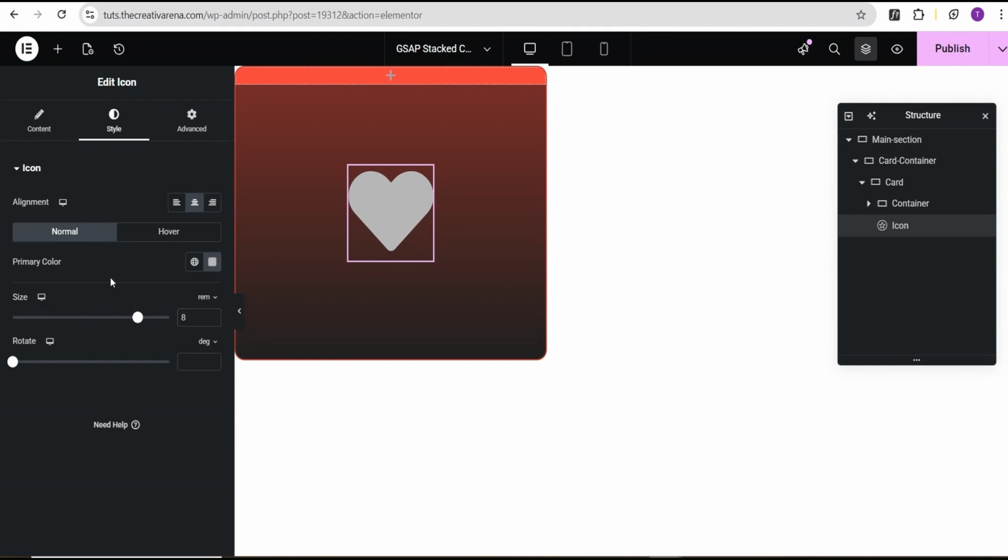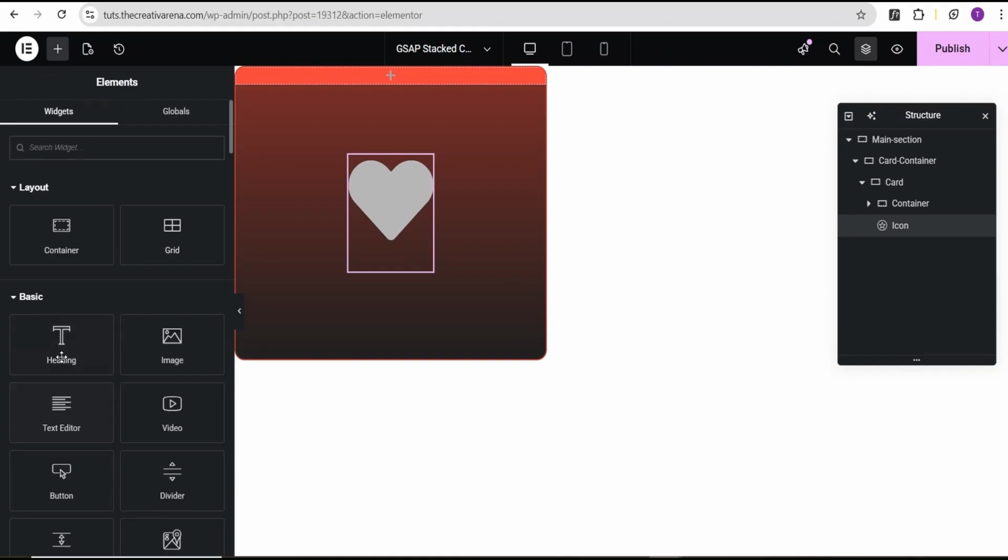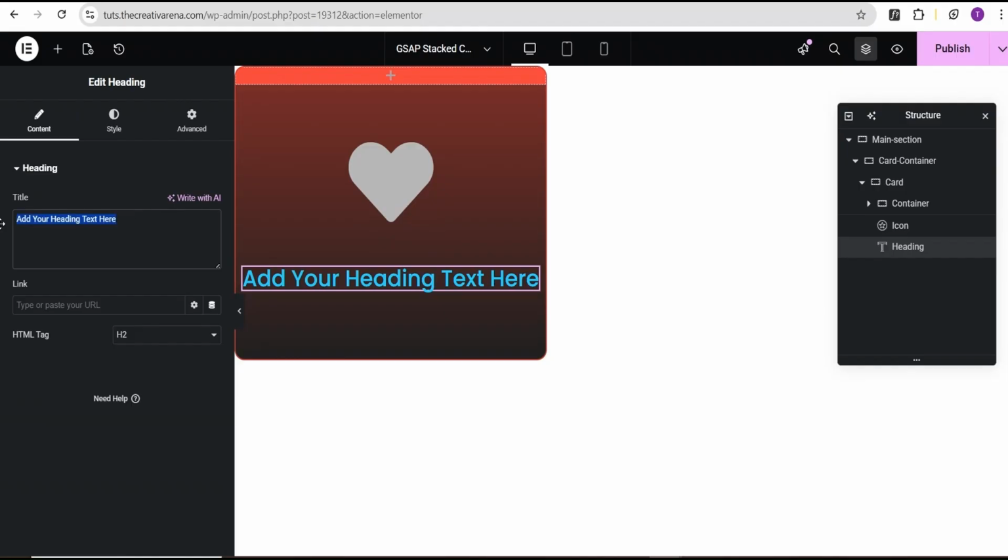Okay, now that I've done that, the next thing I'm going to do, I'll go to advanced settings, come over here to the margin, to the bottom. I'm going to give it a value of 30 pixels to the bottom. Then I'll come back here to add element and add a heading widget. Now for the heading text, I'm just going to say